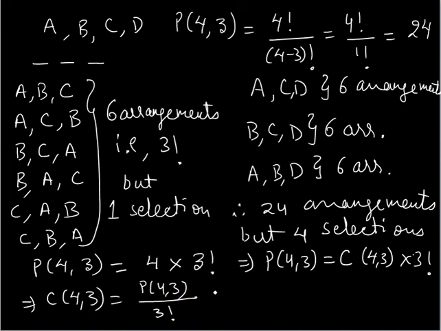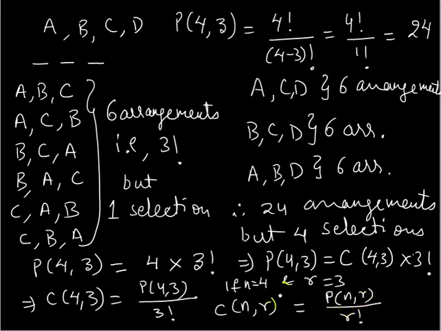So over here, if we try to generalize it and assume 4 is n, and out of 4, if 3 are to be selected, let us say out of n, r are to be selected, then if we write an expression for C(n,r), simply replacing 4 by n and 3 by r, this will become P(n,r) over r factorial. So this is an example through which we can see how the general expression will be obtained.